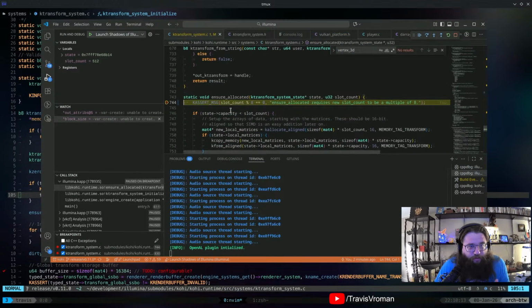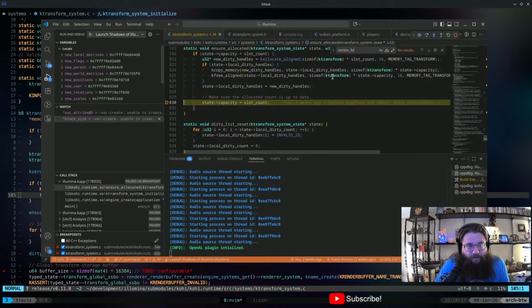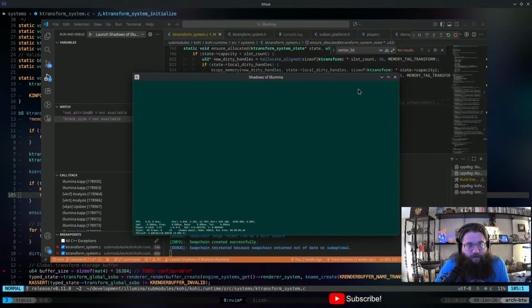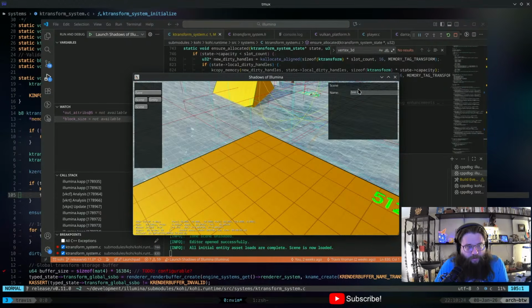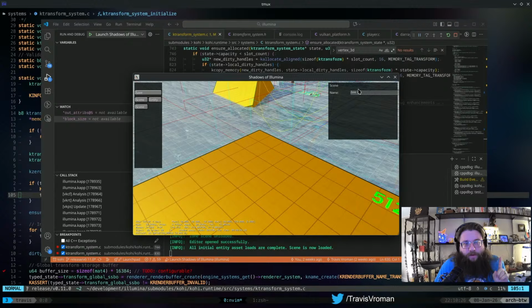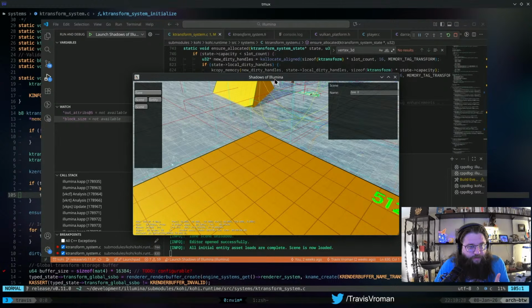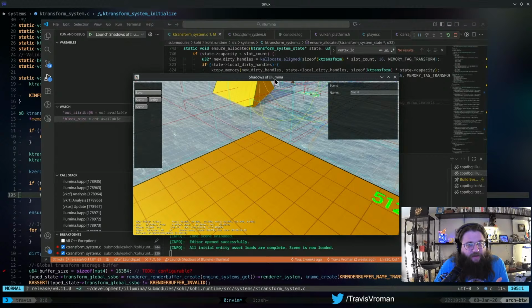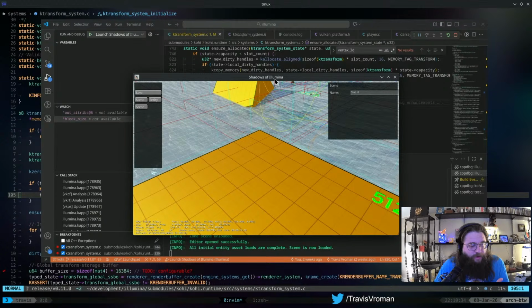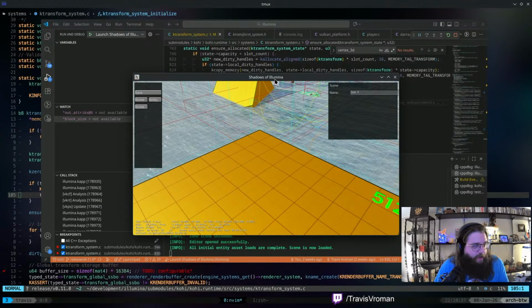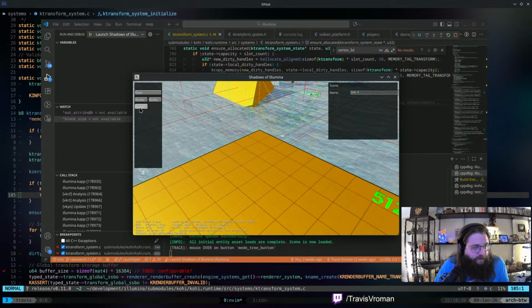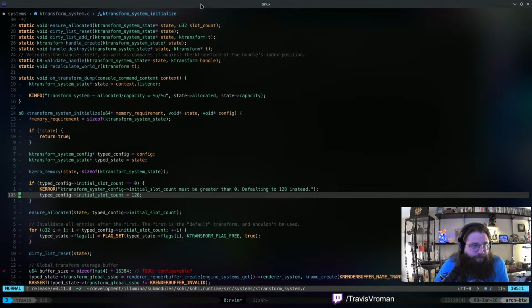So we should have that breakpoint once. Load editor. Okay. So there's some sort of issue with us reallocating in our transform system. So I'm going to have to keep that in mind.